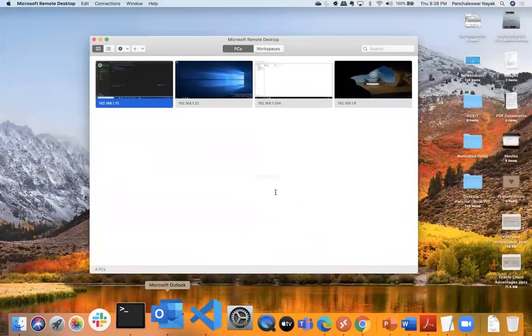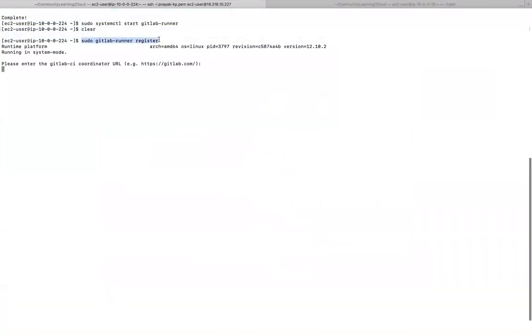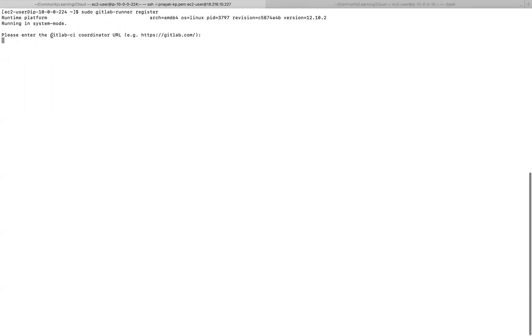So what I do is run the final command, gitlab-runner register. Once you do that, it will ask, enter your GitLab CI coordinator URL. In our case, because we are directly using the GitLab server, this is actually the GitLab server. And there is a way to run your own local GitLab server also, which is normally done in every company. They have their own server also, if they don't want to go with gitlab.com, because obviously gitlab.com will charge, right,